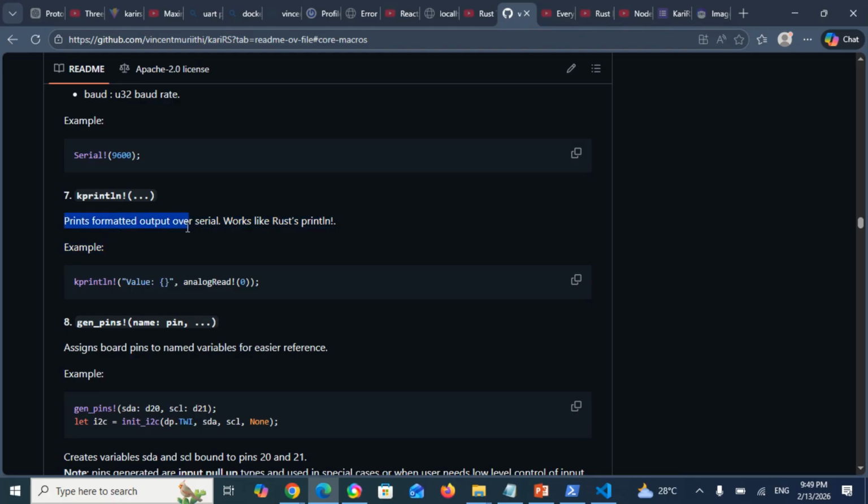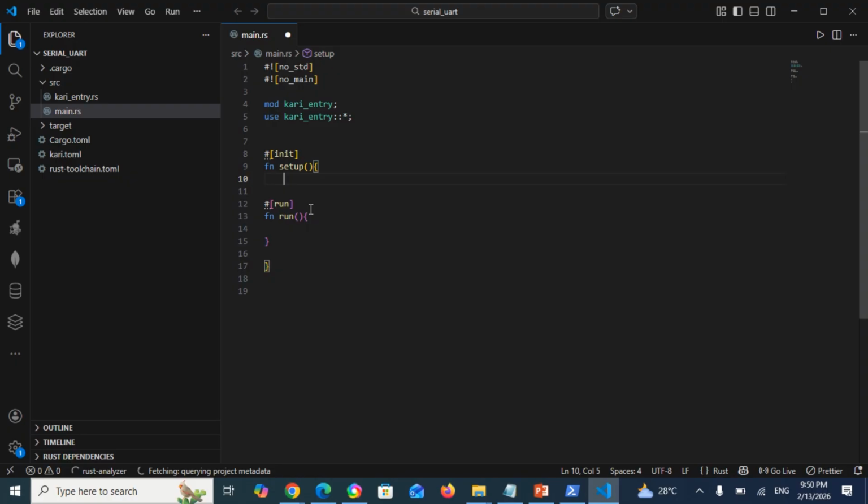Then there's print. It prints formatted output over serial, so it works like C's printf and all that. And you have been given an example of how you can use it here. So this is all that the documentation gives us about Serial. But I want us to see deeper into what these few lines can expand into. So let's start with initializing